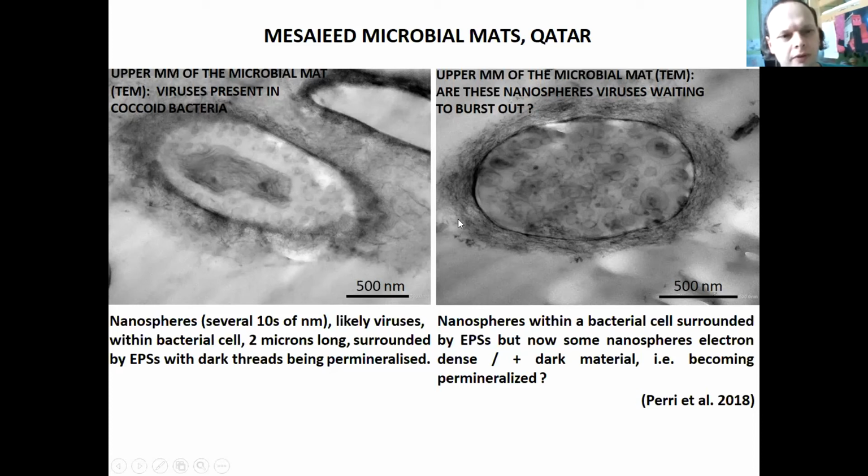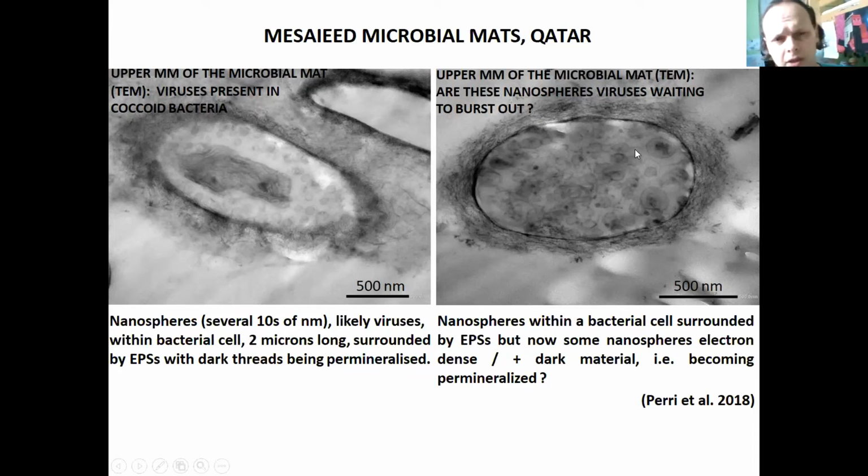Both of them are transmission electron microscopy images, so that we can give a very high magnification compared to the traditional SEM approach. And here we have a bacterium which is surrounded by this darker EPS, most likely a coccoid bacterium, and